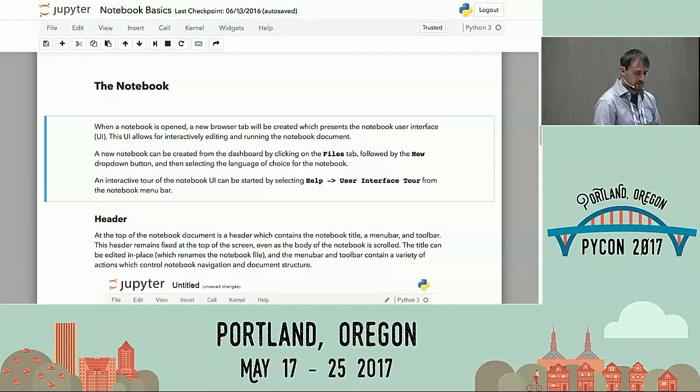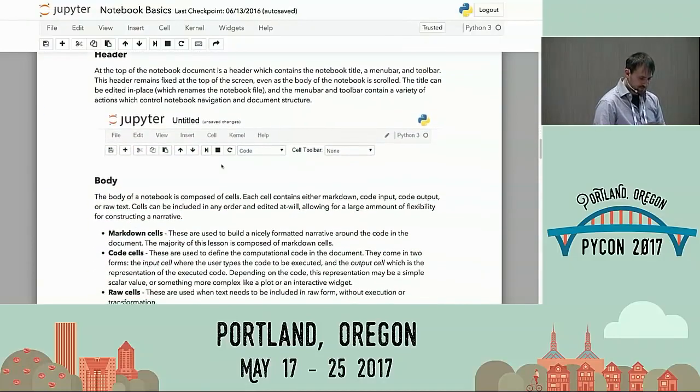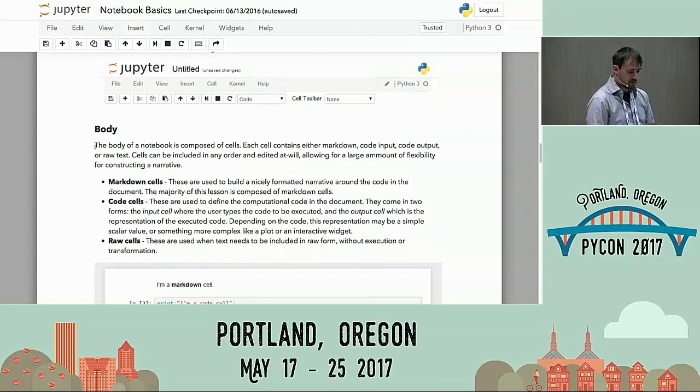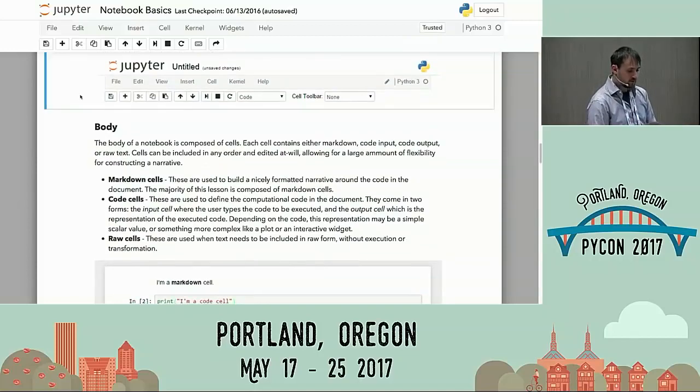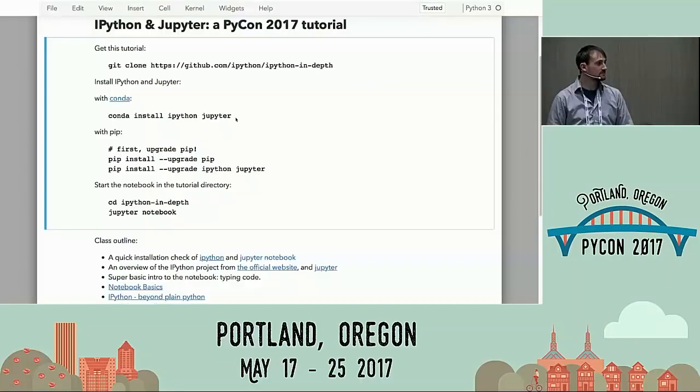And then you can see whether there are unsaved changes or when it's been changed. And then the main part of the notebook is this document area, where a notebook is a sequence of what we call cells. So each segment of the notebook